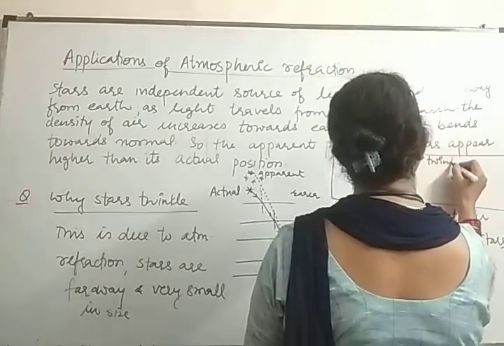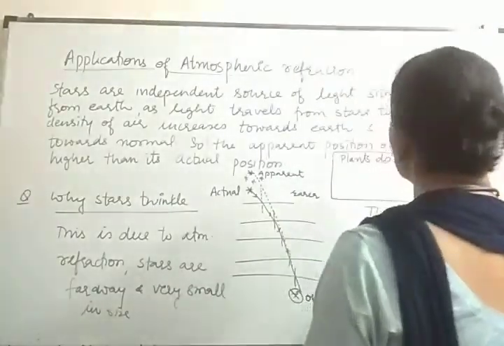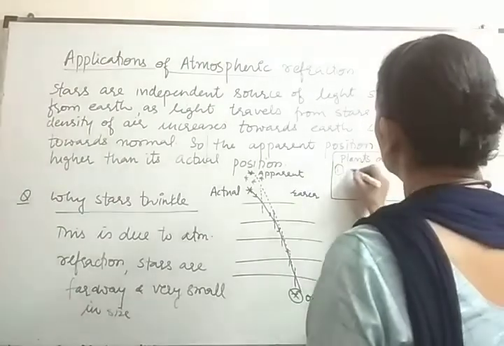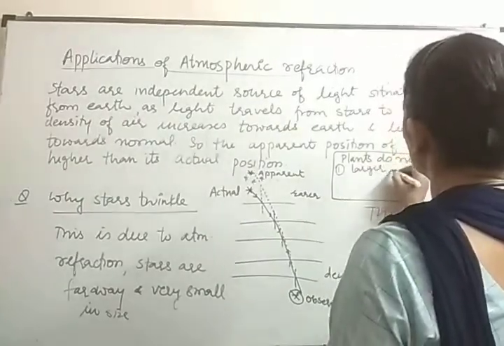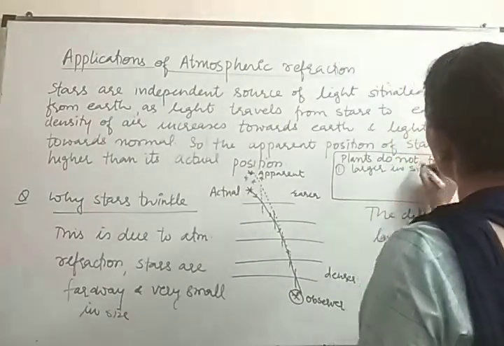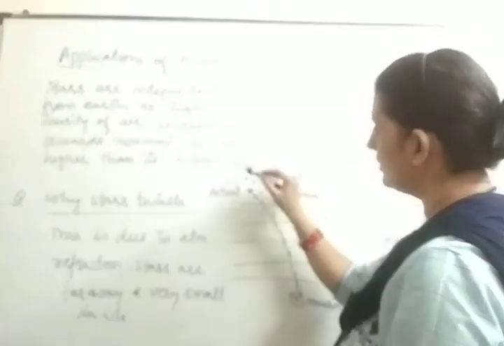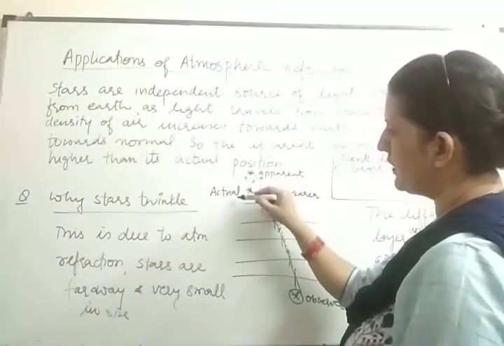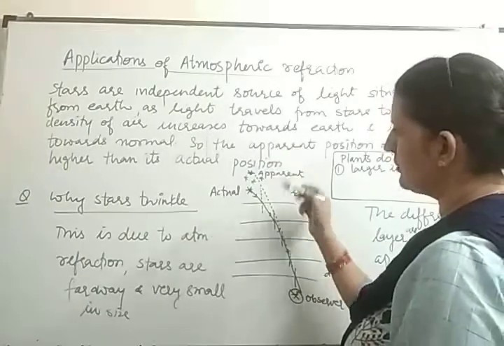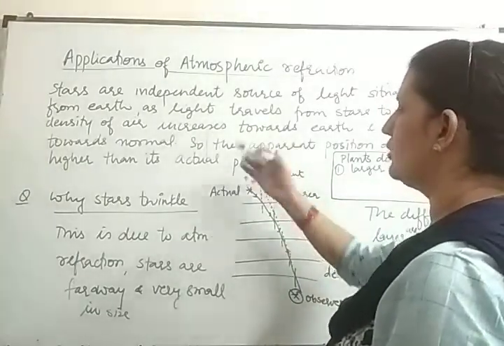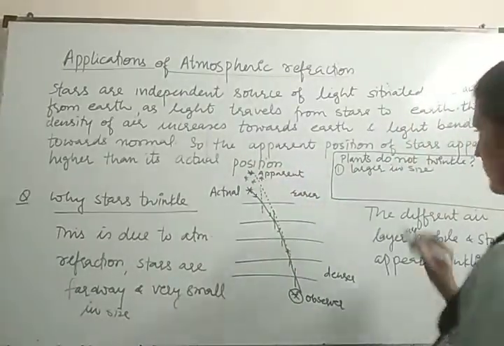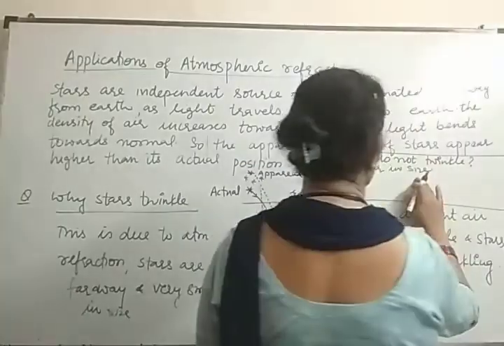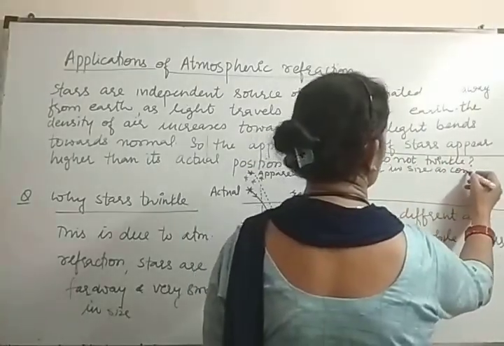The main cause, number one, is larger size. जब इतना बड़ा साइज होगा, बहुत बड़ा साइज होगा तो कभी इस पार्ट से लाइट आ रही है, कभी इस पार्ट से, कभी इस पार्ट से, तो उसकी अपेरेंट और एक्चुअल पोजीशन शिफ्ट नहीं होती ड्यू टू लार्जर इन साइज एज कंपेयर टू स्टार.